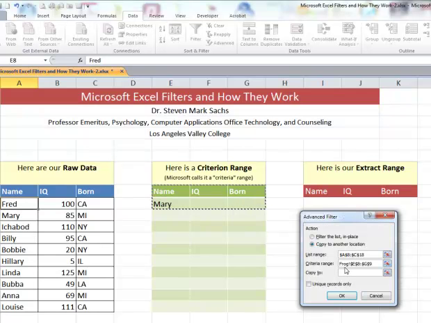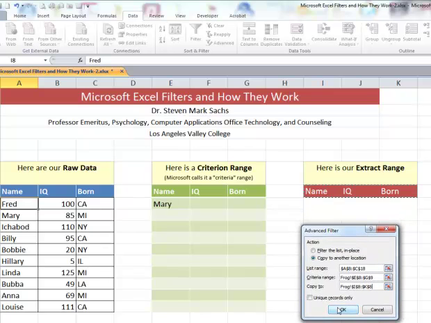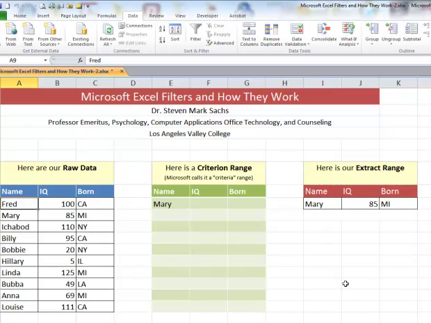So it says frog E8 to G9, and it says frog just because I happen to name this worksheet frog. That's why it says frog there. Don't be thrown off. And here where it says copy to, I'm going to make that the extract range. So I'll just fill in the extract range, which is the sheet frog. It's called frog from I8 to K8. And I'm going to click OK, and you can see that the only record that made it through was the